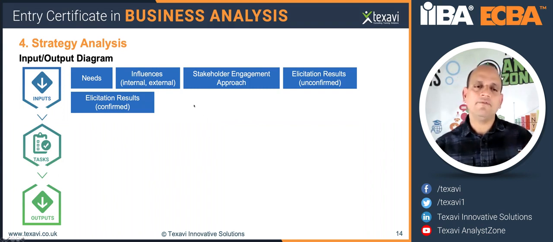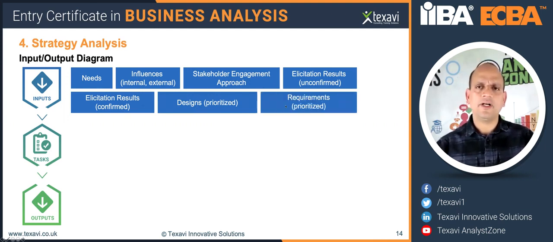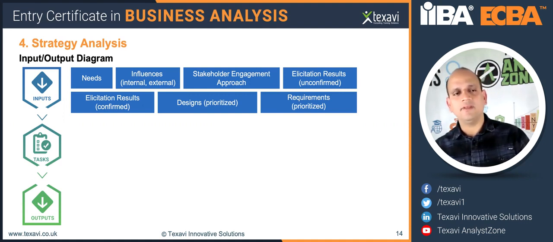The insights coming from those would help us decide what we want to do and where we want to go from here. The same goes for confirmed results, the designs, and the prioritized requirements. All of these were done in the previous knowledge areas and activities that we have already covered. So these would provide the inputs to help us decide where we want to go from here,